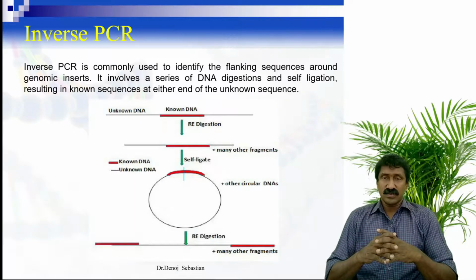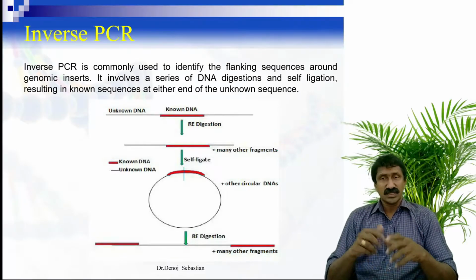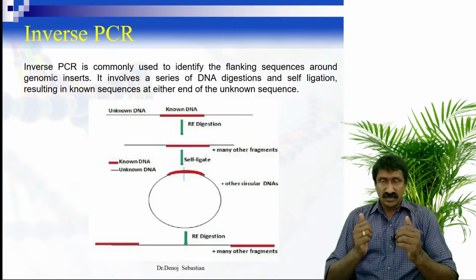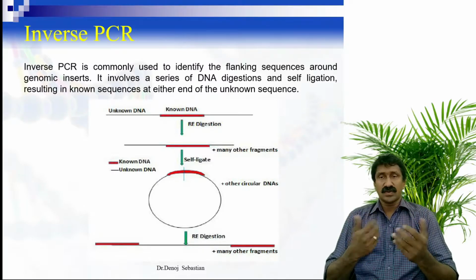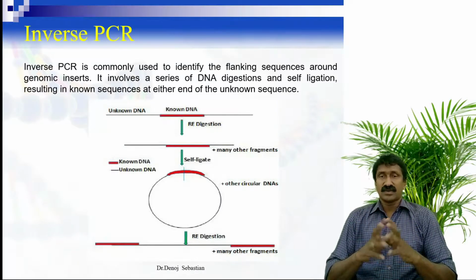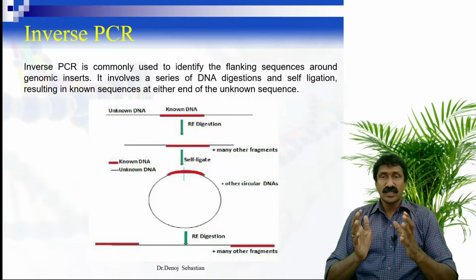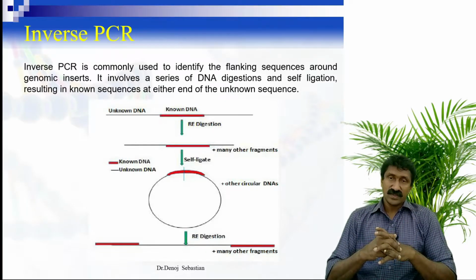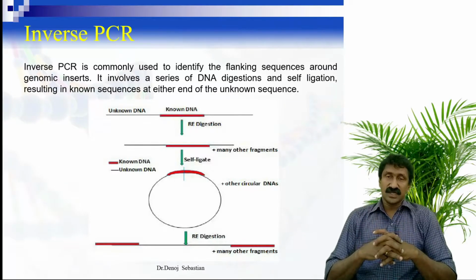Why do you want this inverse PCR? Because generally for every PCR technique we require a primer, which is usually designed against a known sequence. But without prior knowledge of the sequence of the target DNA, we cannot construct a primer. So an unknown DNA cannot generally be amplified using such a PCR technology, because we cannot construct a primer against an unknown sequence. There comes the role of the inverse PCR, where we will use a known DNA sequence